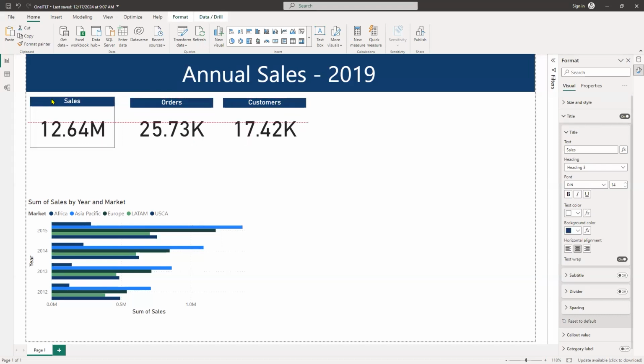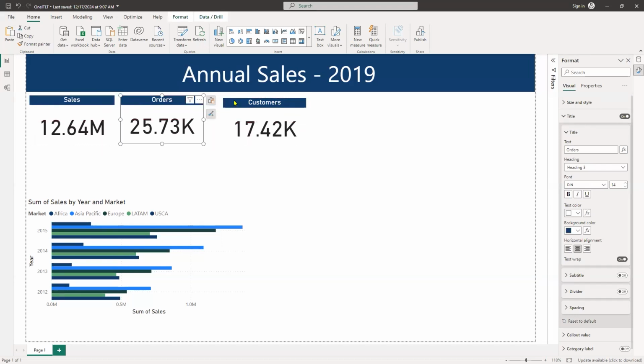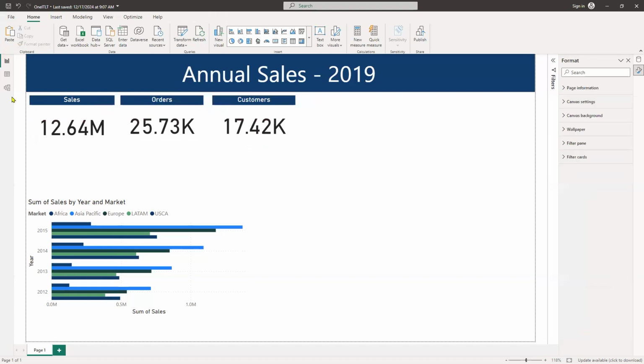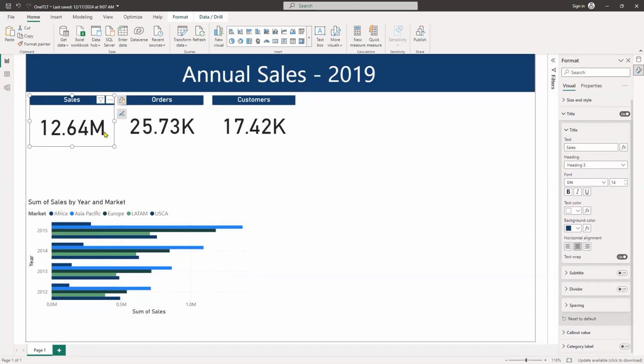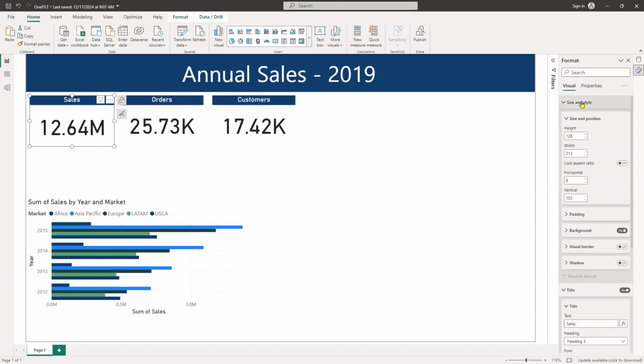In a dashboard, space is very crucial, guys. So use the space very wisely. Okay. Now, the one that will give more life to this visual is a shadow. Okay. So you can add shadow in size and style. And guys, you should explore these options by yourself. This is very important. It's very important because it's a creative process and it varies from person to person. So you might come up with different combinations of format, these